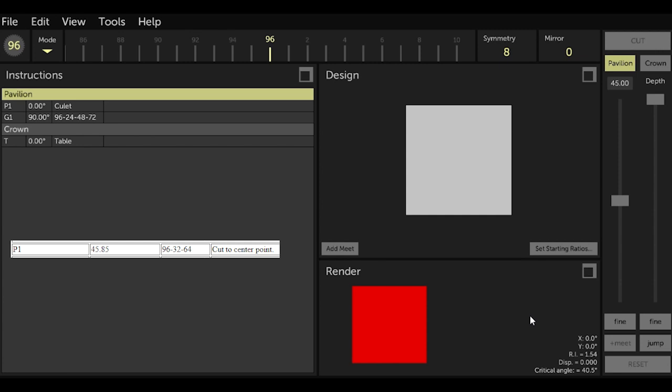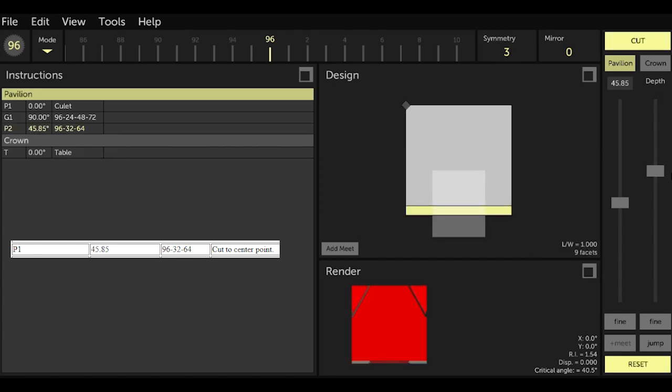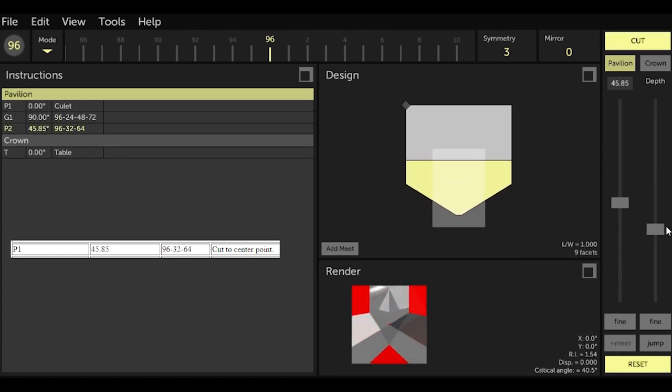So we type the masked angle of 45.85 degrees, or you could use a slider. Set the base index to 96, symmetry at 3, and set mirror to 0, as this tier met our symmetry rule, not mirror. Use the depth slider to make a center point, and notice that the first instruction for the